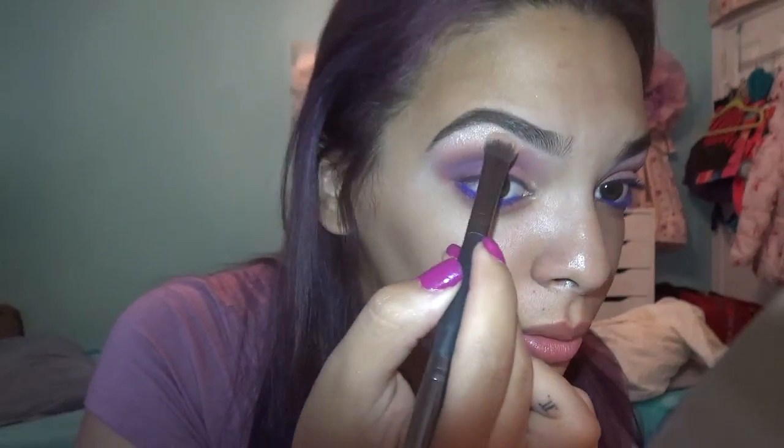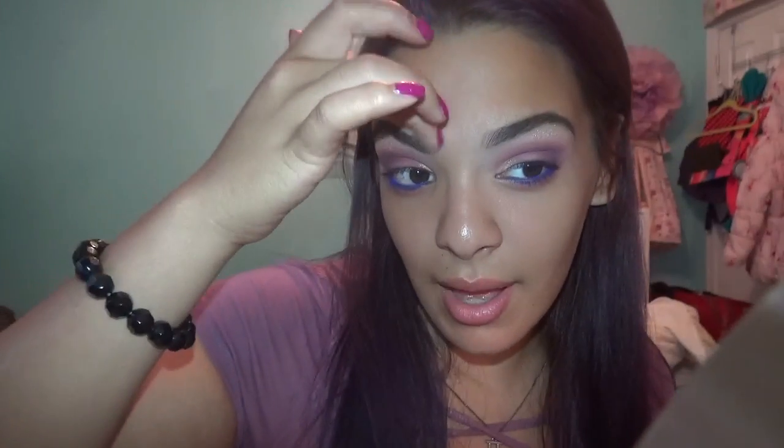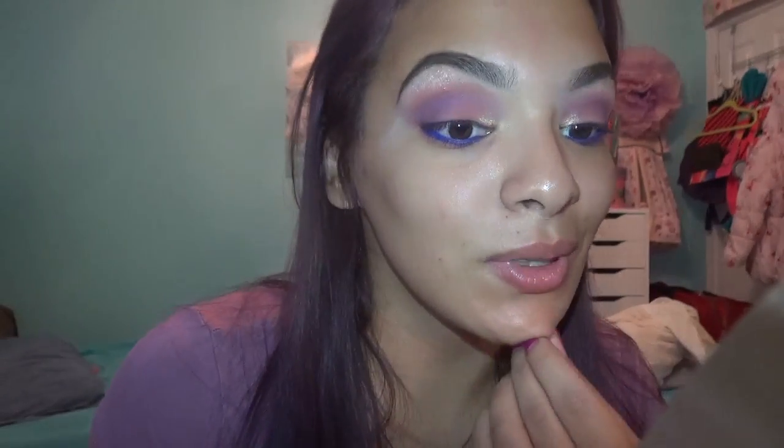Ooh girl, I kind of don't want to put eyeliner because the eyeshadow is pretty cute itself. So I am just going to put some mascara on and some falsies,